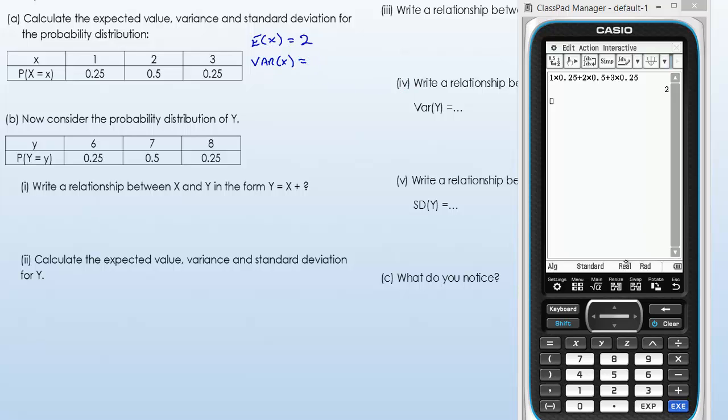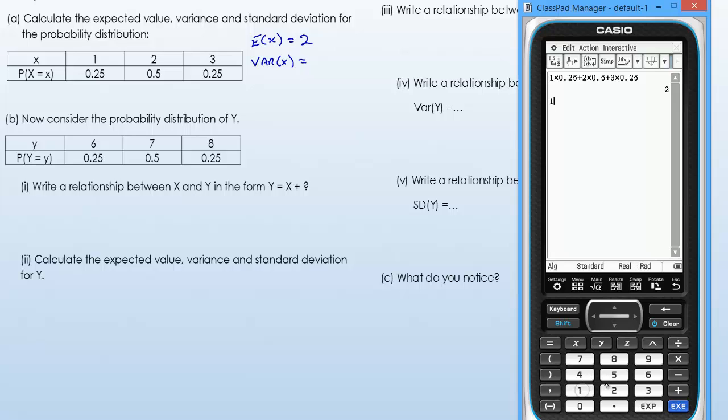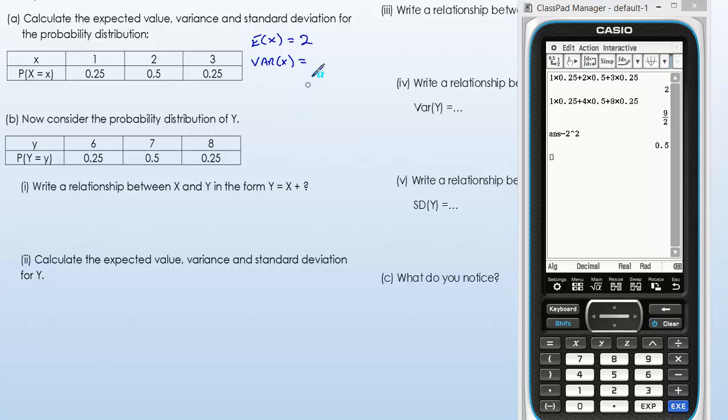So that's the expectation of x squared. We know that's going to be 1 multiplied by 0.25, add 2 squared, 4 multiplied by 0.5, add 9, which is 3 squared, times 0.25, and then we're going to, let's go to decimal, we're going to do that answer, take away 2 squared, that's the expectation squared, that gives us 0.5,